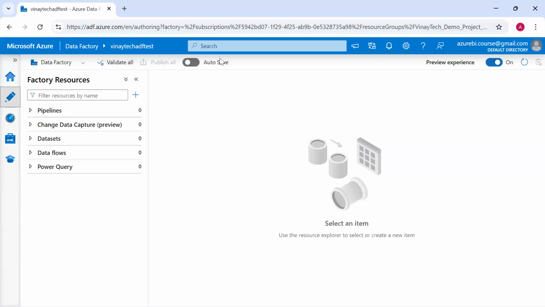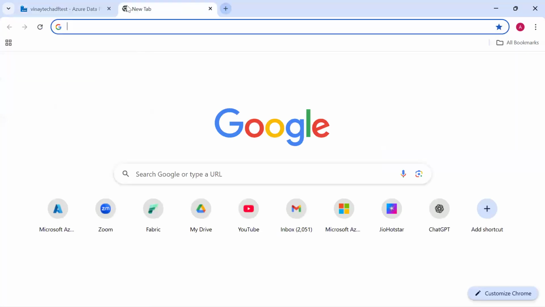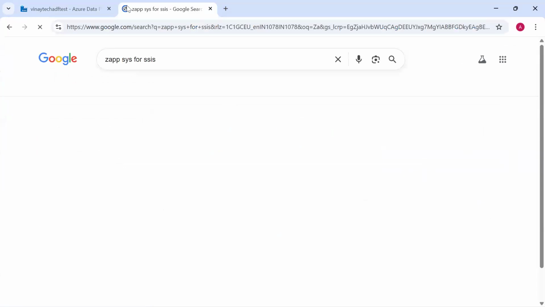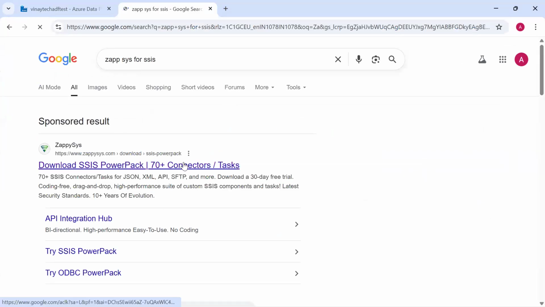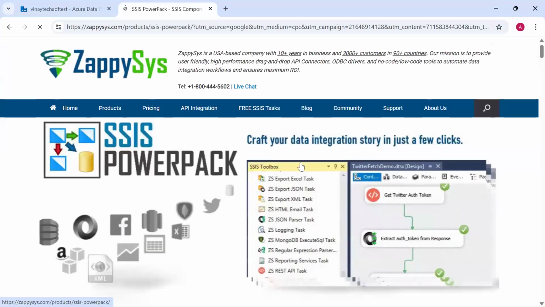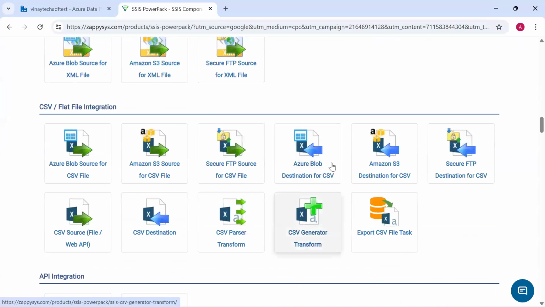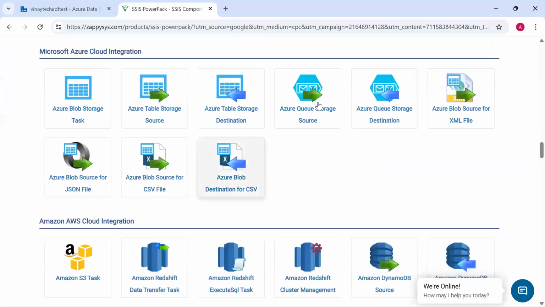SSIS doesn't have that level of handling this many sources, so people were hiring third-party connections. There are Task Factory and Zappy, third-party extensions. They give you 70 connectors at so-and-so price, as SSIS extensions. Earlier we didn't have this, so they provided these extensions.